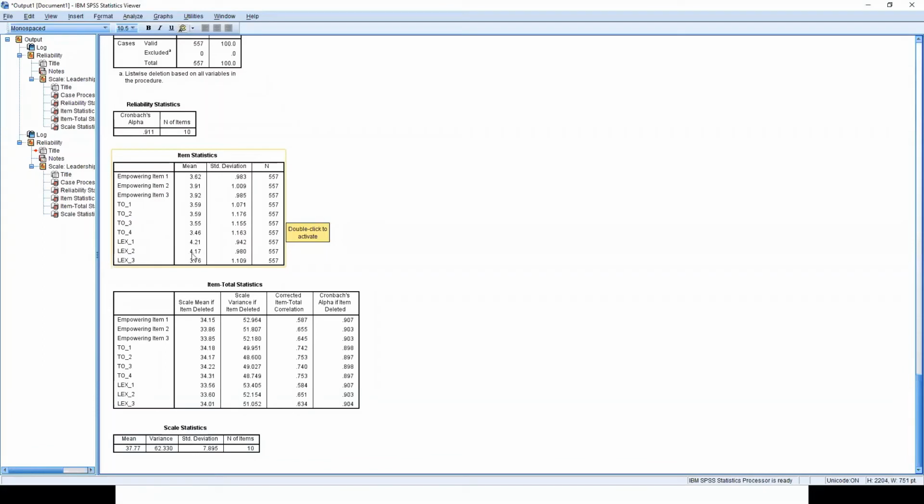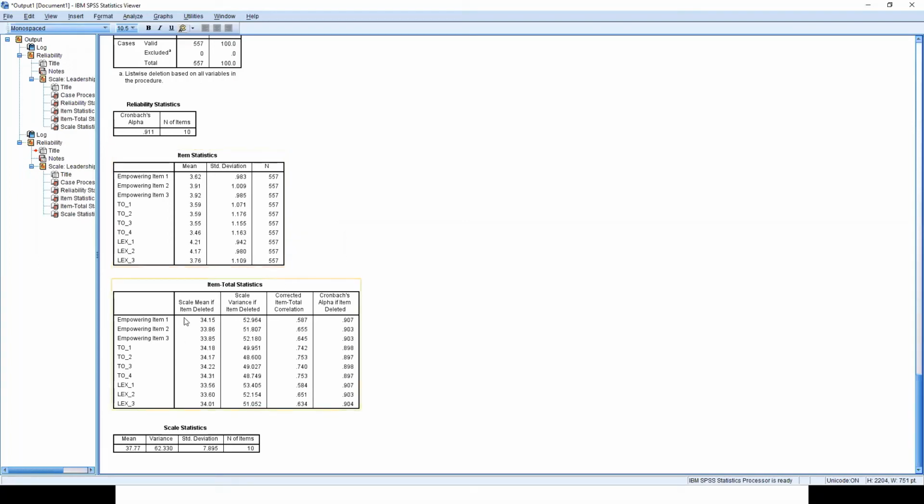So you see LEX 1 and 2 have 4.2, 4.17, but this is okay. This is also a characteristic of a sample. This is just telling us the means of these individual items.